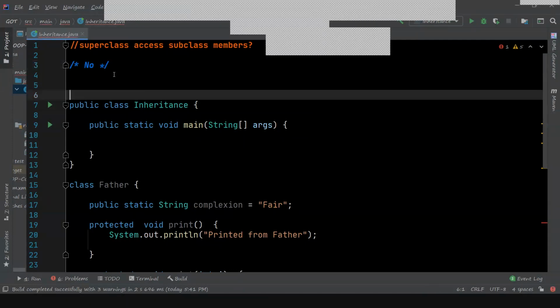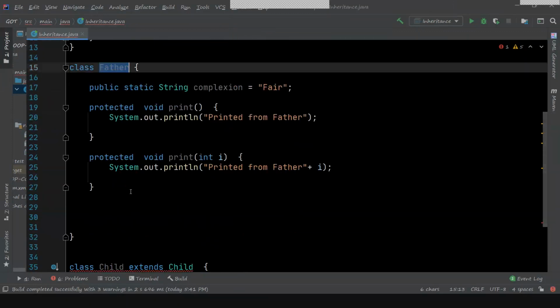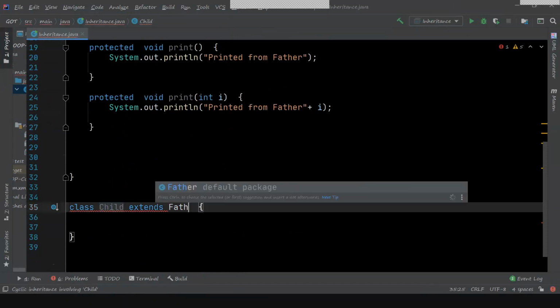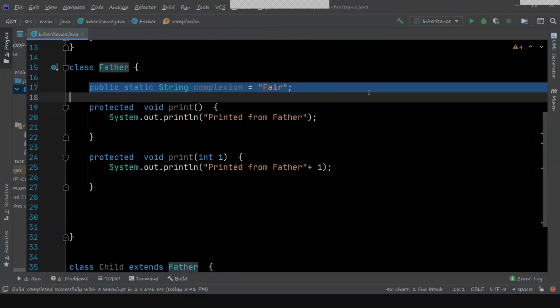Now, let's discuss this one. Do you think a superclass can access subclass members? For example, do you think this father can access members in that child class?